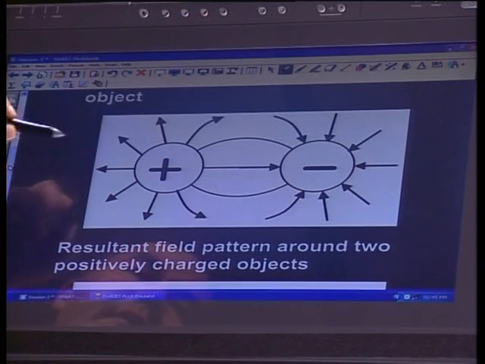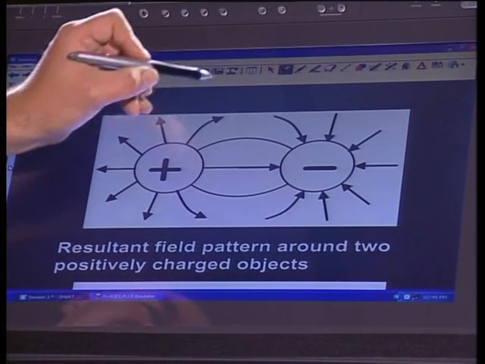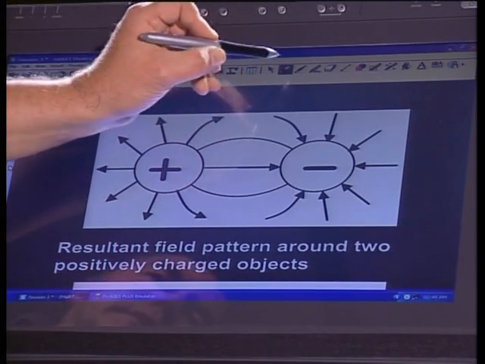Now, what happens when we bring two positives together, two negatives together, or even a positive and a negative together? Remember, we said that we'll expect attraction when they're oppositely charged, when they're not like, but there will be repulsion when they are like charges. So have a look at the diagrams and let's see if we can make some sense of them here. So here we go. Notice here is a positive charge. The field lines are going out, and what we've got here is